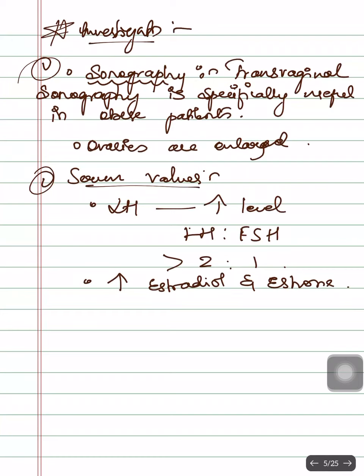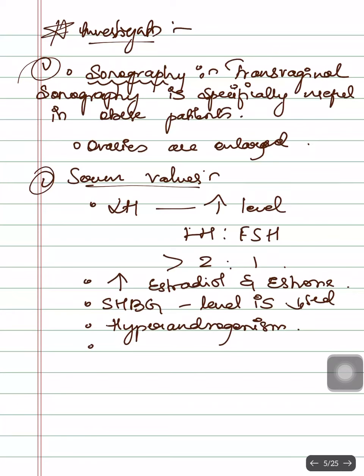Next, you'll see SHBG. SHBG stands for sex hormone binding globulin. This level is reduced here. Next you see hyperandrogenism, mainly from the ovary but less from the adrenals. Androstenedione is raised. Next, serum testosterone is raised,